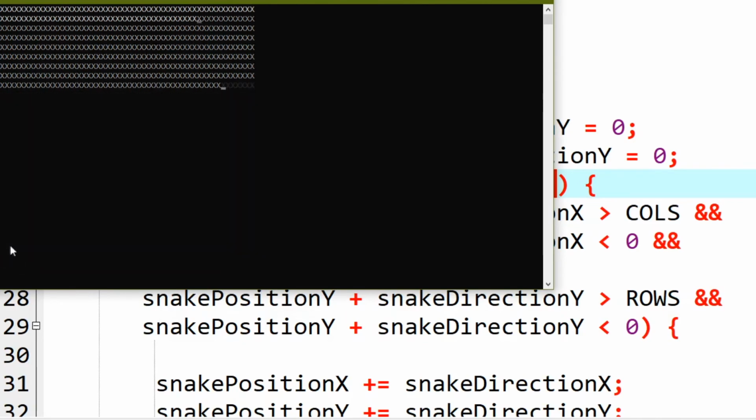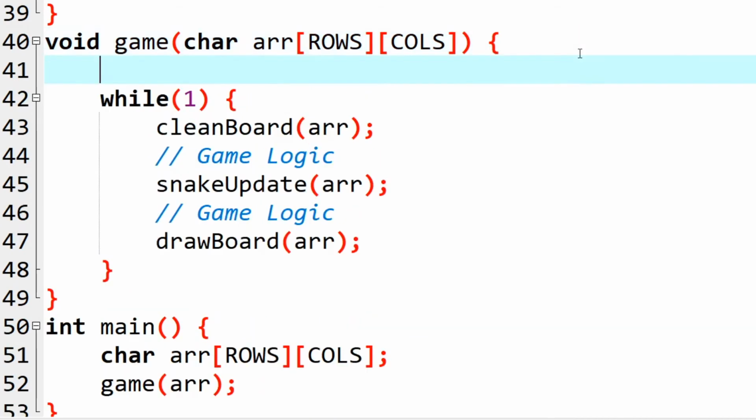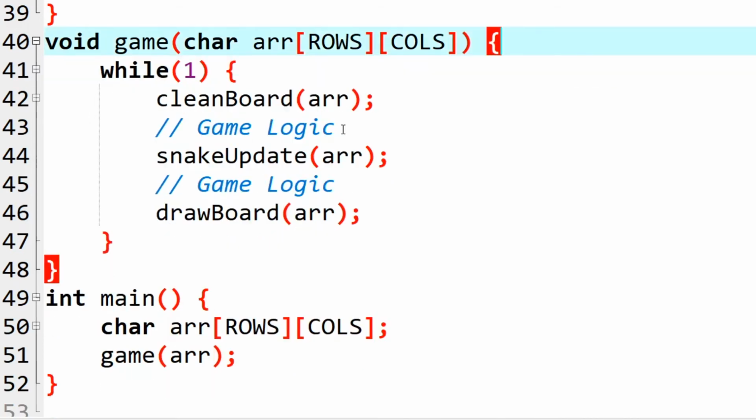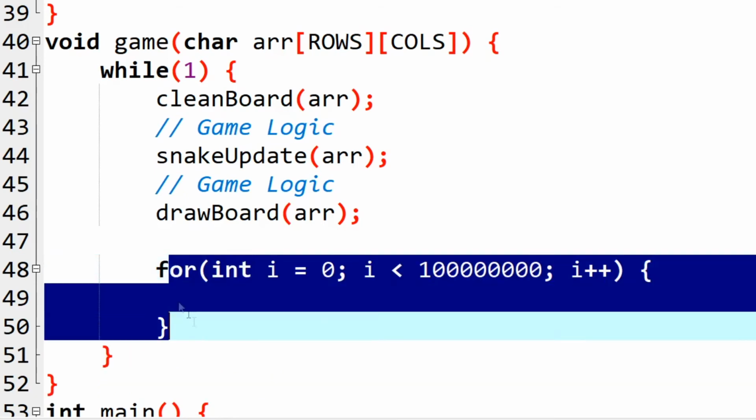So I don't see my snake right now. This is going too fast, right? So I want to slow it down a bit. For that, right now I'm going to use a simple control system. You can do something complicated later, but right now let's simply delay this by having a large loop that takes a lot of time. So this is basically a delay function.